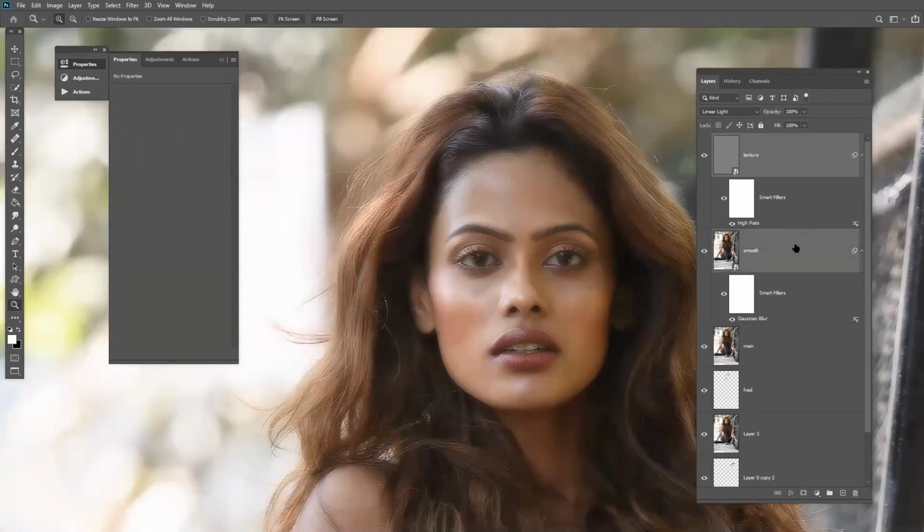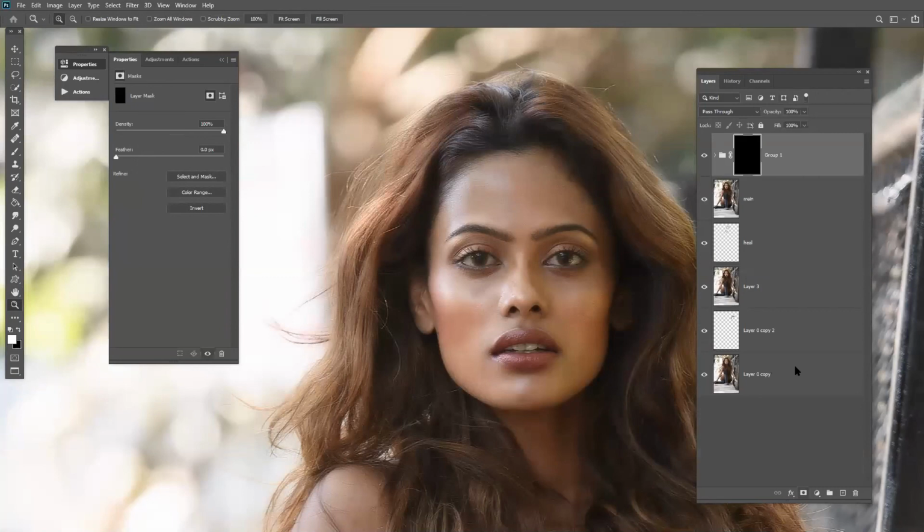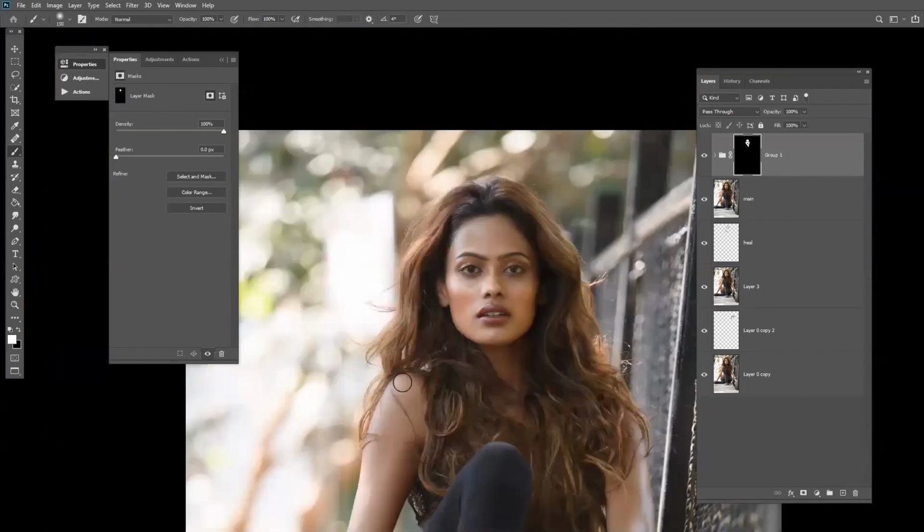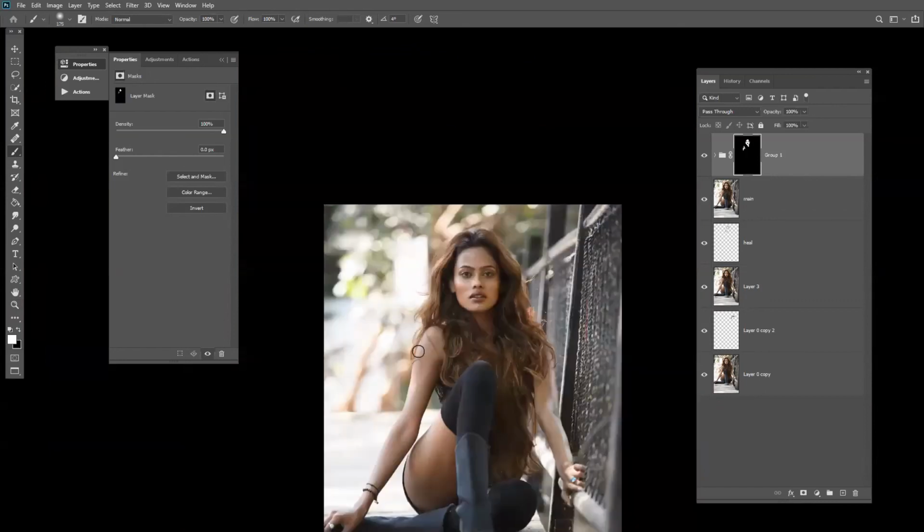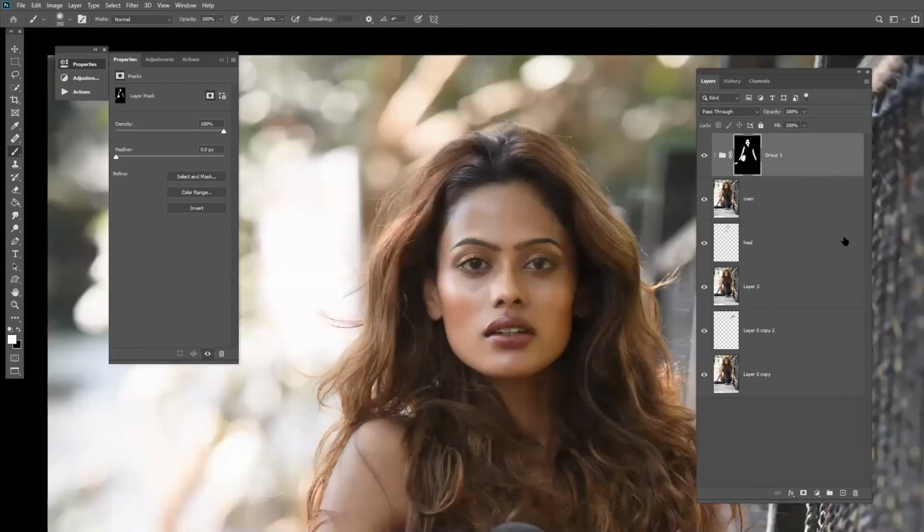Now group the layers, invert, and now work on the areas where you want the smoothness to come out. See. Can you see?